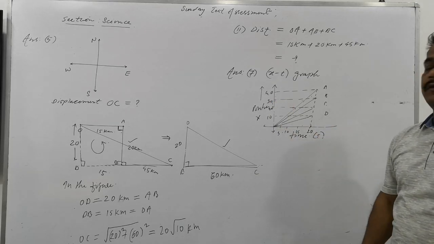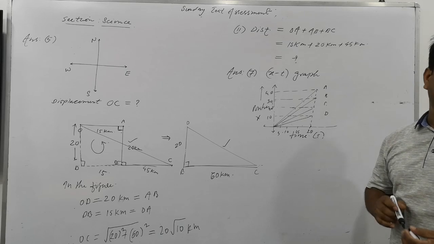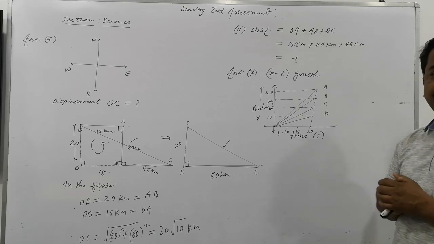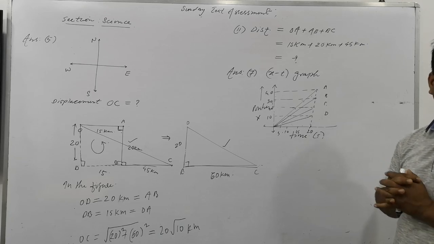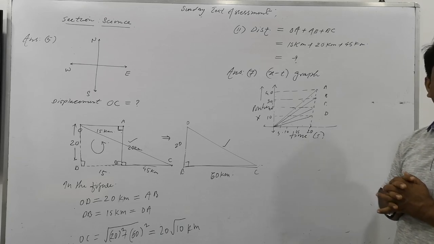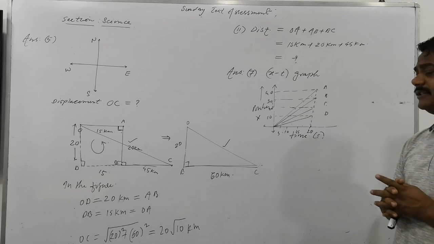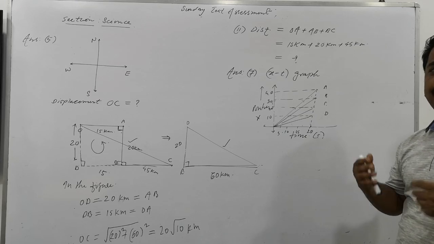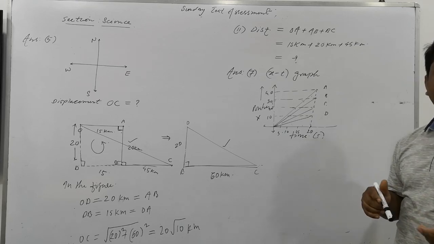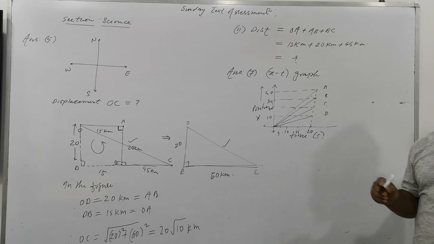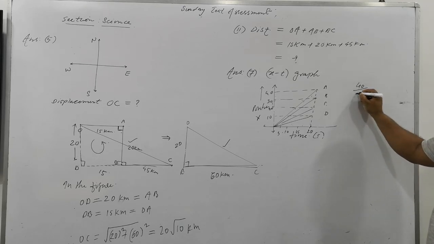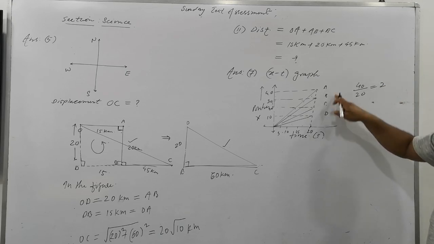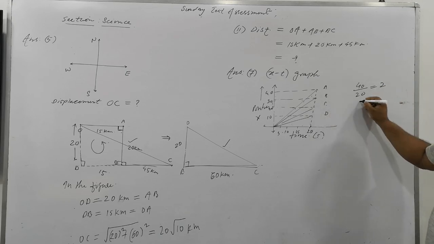I am asking which object is moving fastest? A. Why? How can you predict that object A is moving faster than the others? Because sir, it has traveled 40 in 20 seconds. How can you find out how fast object A is traveling? 40 divided by 20 makes 2 meter per second. A is traveling 2 meter per second, and B is traveling what here?